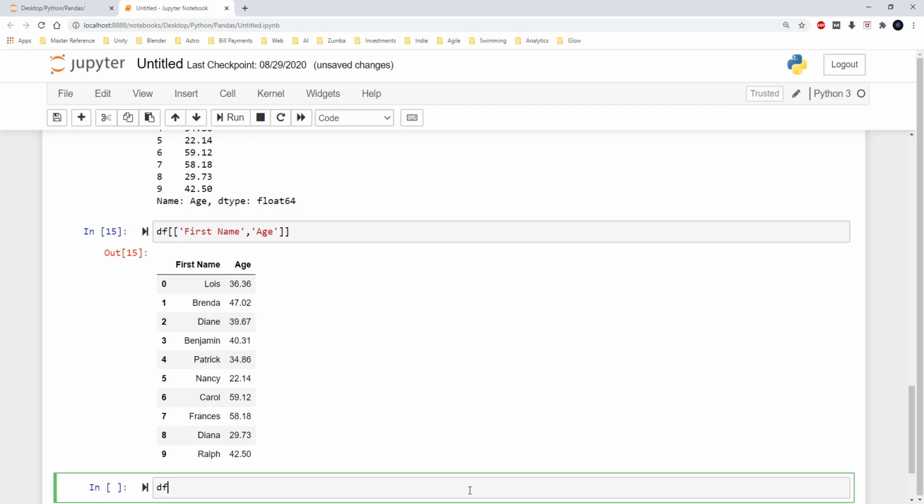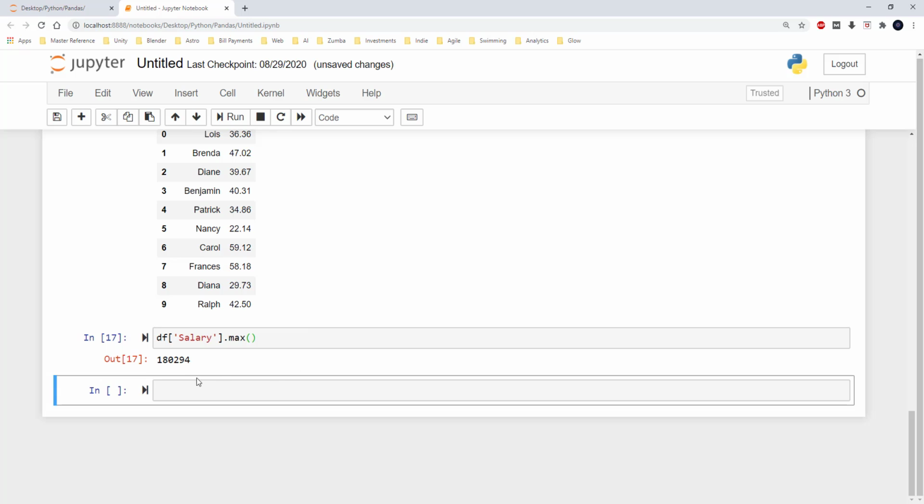So I can just use the same command and then get the values from salary, and I can use max. So when I run this, I get 180,294, around 180k, which is the maximum salary. And I would also like to know the average age of the working group.